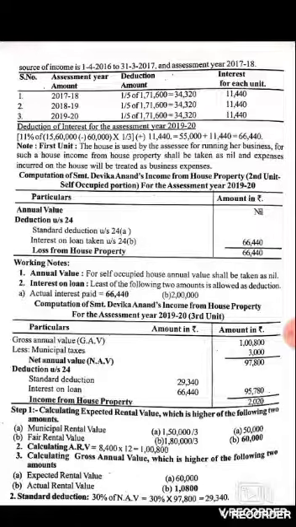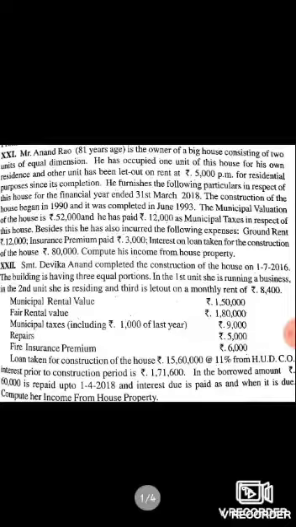as gross annual value. So calculating the gross annual value, expected rental value is 60,000, actual rental value is 1,08,000. So the higher is taken as gross annual value. So standard deduction is 30% of 97,800. 30% is 29,340. So this is Devika Anand, and this is Anand Rao